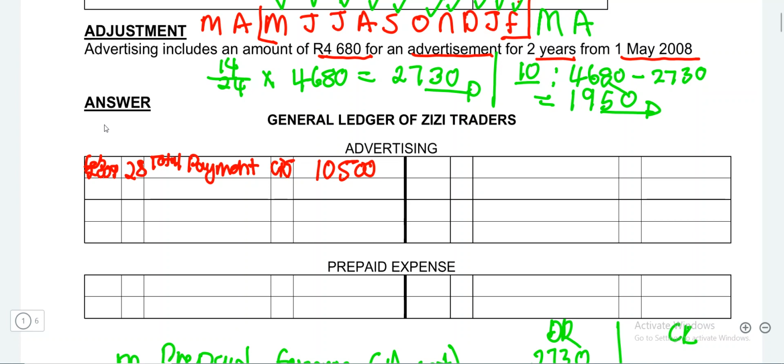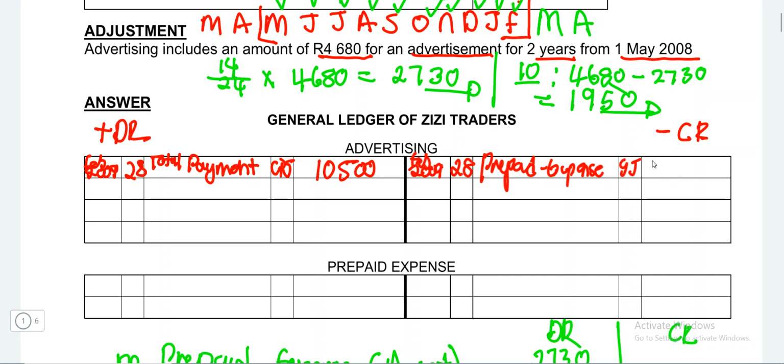Remember, this is the debit side. This is where your expense increases. This is where it decreases. If you remember debt click from my other lessons, it will help you to understand this. So what we must then do, we would say that for February 2009, on the 28th, would have our prepaid expense here, because remember, you cannot credit advertising by advertising, so you must use the contra account. And remember, the amount was